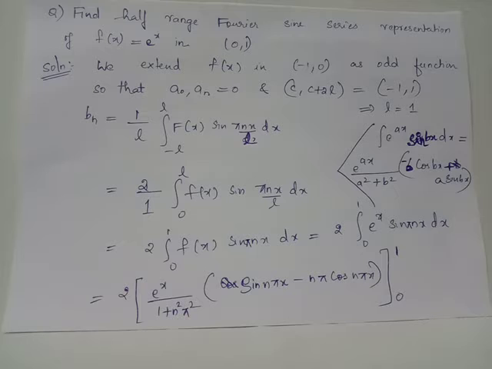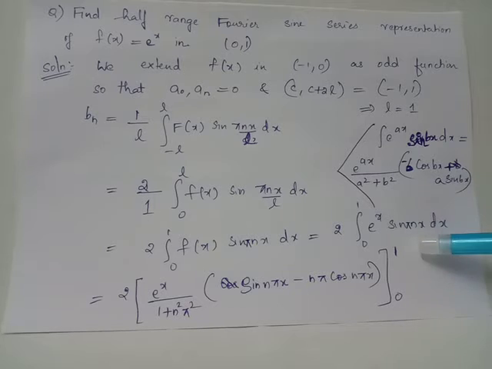We have capital F of x as well as sin pi n x by L are both odd functions, and since the product of two odd functions will be even, the integral minus L to L capital F of x into sin pi n x by L into dx can be replaced by 2 times the integral 0 to L capital F of x into sin pi n x divided by L into dx. We have capital F of x coincides with small f of x in the interval 0 to 1. Thus, we have Bn equals 2 times integral 0 to 1 f of x into sin pi n x into dx. We have f of x equals e raised to x, and thus we will obtain Bn equals this integral.